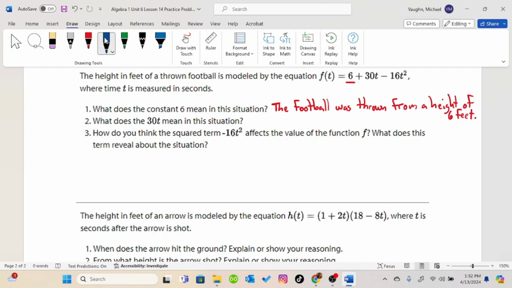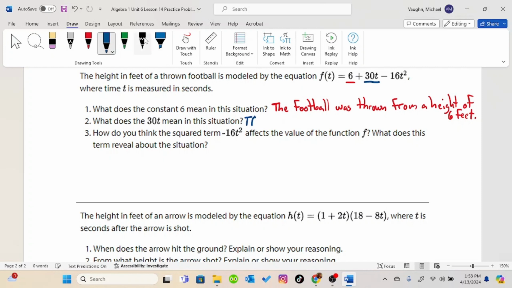Number 2. What does the 30t mean in this situation? The part of a projectile motion equation that has the input to the power of 1 represents the initial velocity. Since we are measuring in feet and seconds,